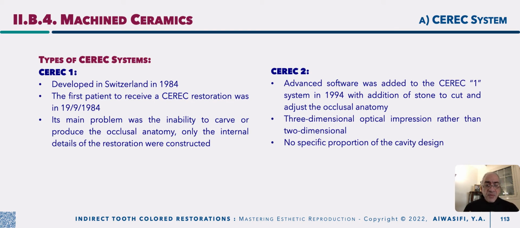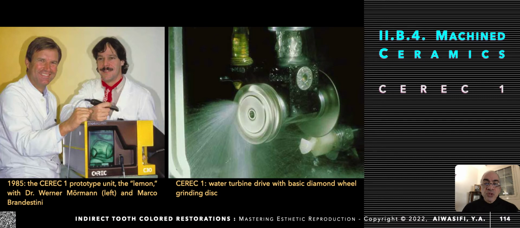Then, after 10 years, advanced software was added and CEREC 2 was developed, with the addition of a stone to cut and adjust the occlusal anatomy. At this time you could record a 3-dimensional optical impression rather than a 2-dimensional one, including the opposing occlusion. But still, the resolution could not give a satisfactory marginal accuracy, and there was still no specific proportion of the cavity design. This was CEREC 1, the prototype, which was called the Lemon,